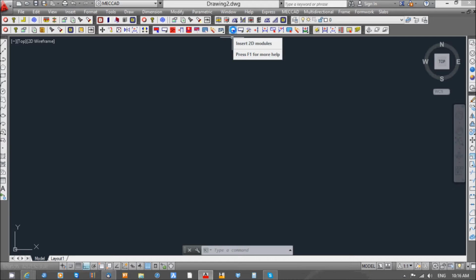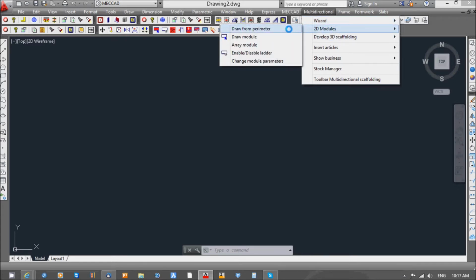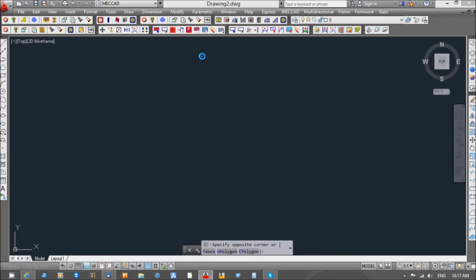Now we can create our bidimensional models from the toolbar or the menu. In the CAD wizard, we have linear scaffolding or circular scaffolding. 2D models we can either create from perimeter, or just below we can create the models in a free mode. Let's use the toolbar, and with this icon